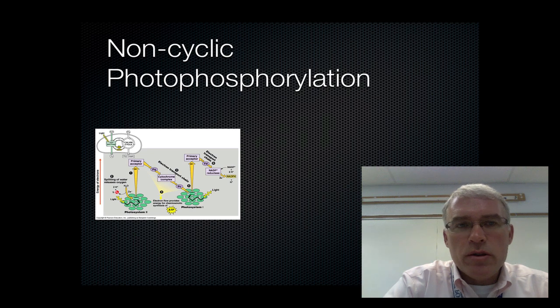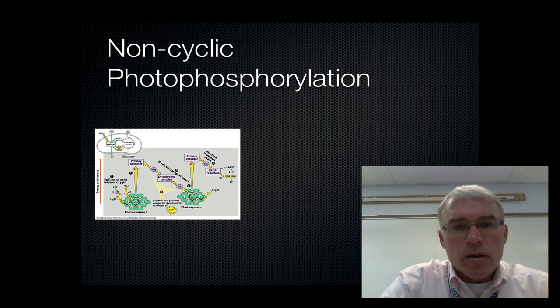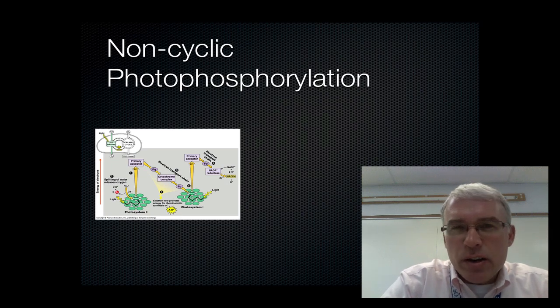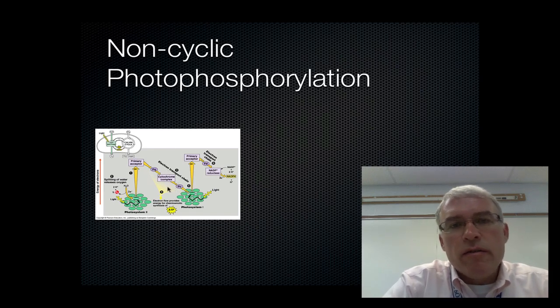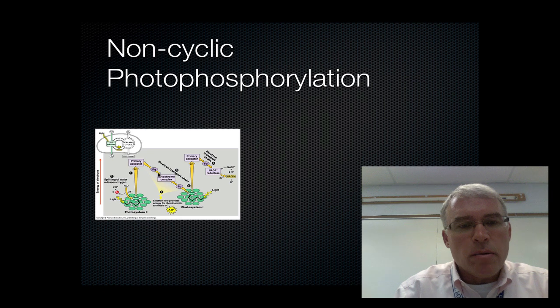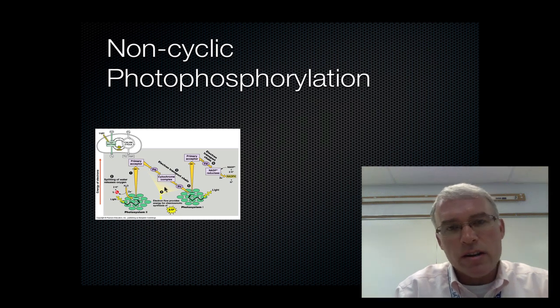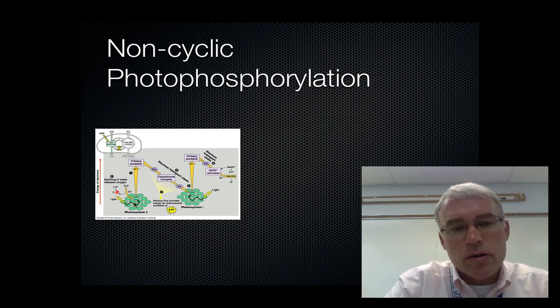And we stopped in part 2 talking about non-cyclic photophosphorylation, which, if you remember, is the process of adding a phosphate group to ADP to change it into ATP using energy from sunlight, or energy from photosynthesis. That's why it's called photophosphorylation. And this is the process that the electron transport chain accomplishes, and it's done by chemiosmosis. If you remember, the pumping of hydrogen ions from one place to another and then allowing them to backflow, and in the process of backflowing generate ATP using the protein ATP synthase, which is bound in the electron transport chain,